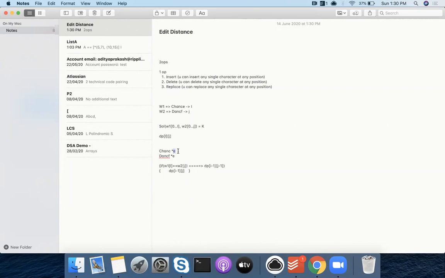So i is at E and j is at F. When we started, we were here. This is your i pointer and this is your j pointer. I told that I will insert and make it same. So I inserted E. Make sense? Now E and E are same. So now we need to just check in how many edit distance can you make CHA and C equal to DA and CF, right? So your j is not changed. So your j is j, but your i is i minus 1.